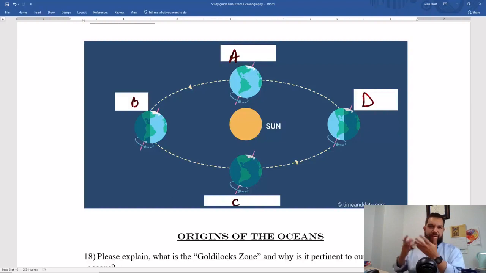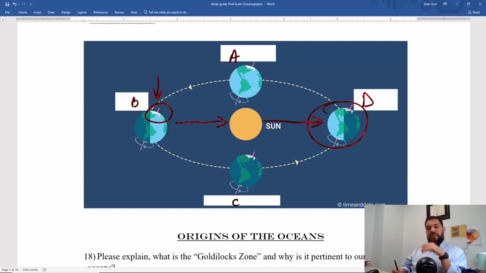Well, the easiest way to do this is look at it and just figure out this particular position is the summer solstice or whatever, and then from there you can figure out what all the other positions are. So, for example, this one right here, this is the summer solstice. How do you know that? Because if you look, the North Pole is actually tilted towards the sun, right? Do you see how it's tilting towards the sun? Okay. This one, on the other hand, is the winter solstice here, D, because it's tilted away from the sun.